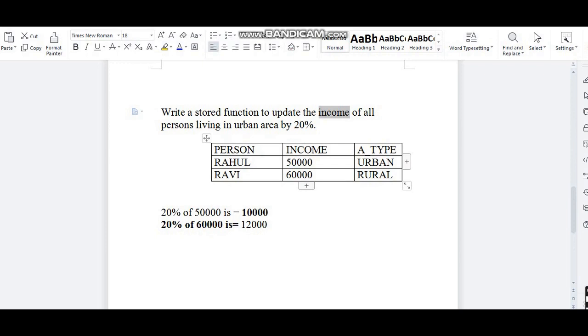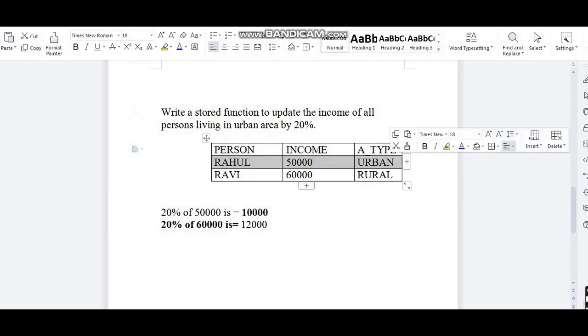Rahul is the value, 50,000 is the income and area type is urban. Similarly, Ravi is the person whose income is 60,000 and area type is rural. So we have to update. Whose income we have to update?